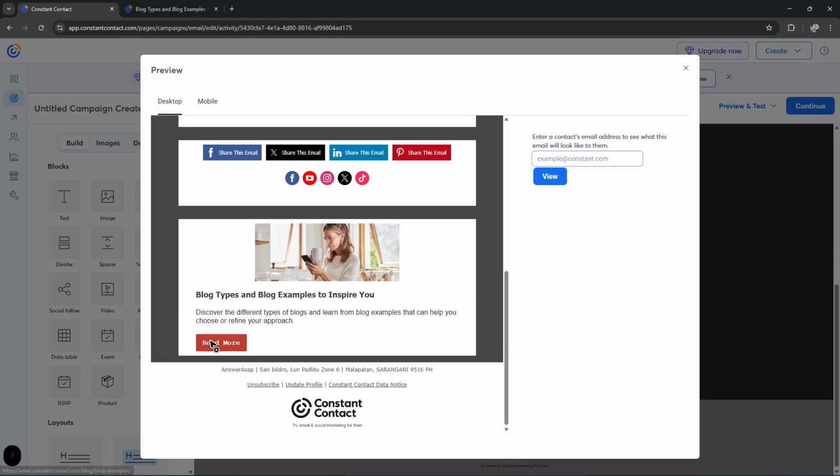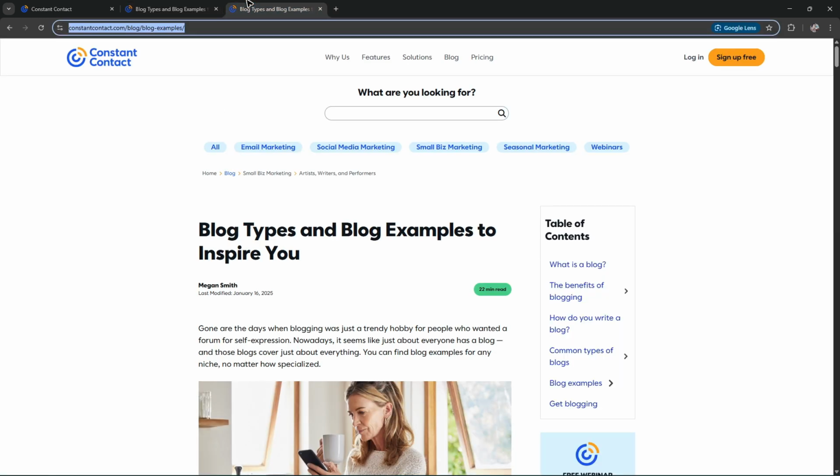Scroll down, tap on read more. As you can see, it'll be landed to the same exact URL that you have